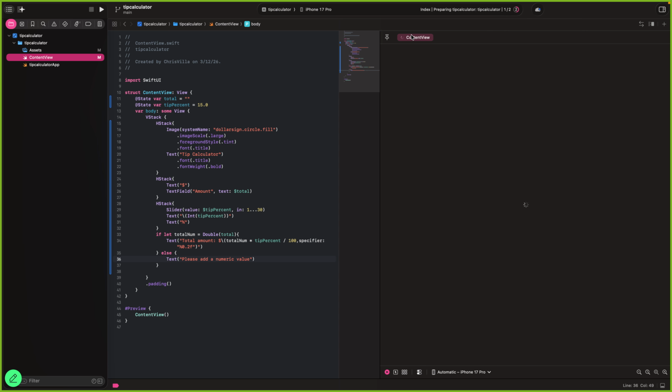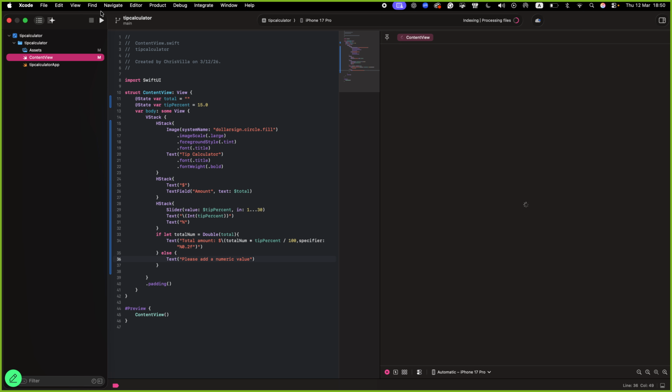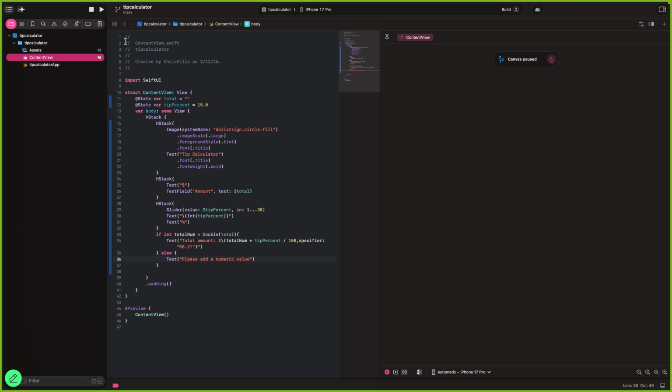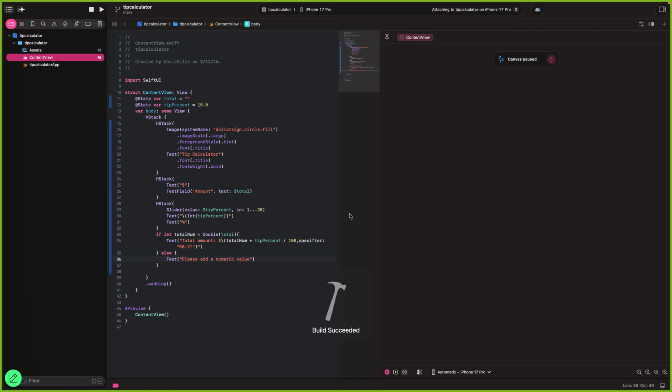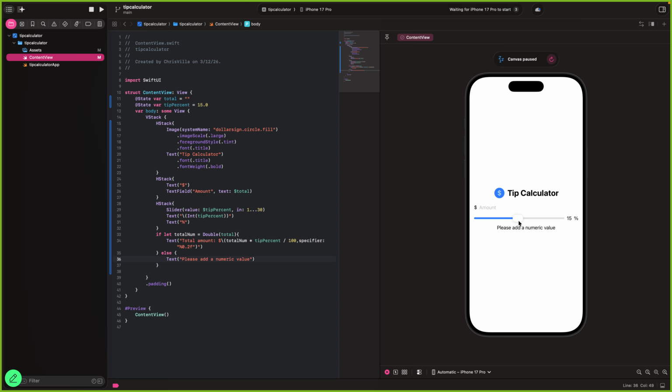But for you guys that have already finished, it should output the complete application. Let's try to run it. Maybe this time it works. Oh, there you go. Now it loaded.